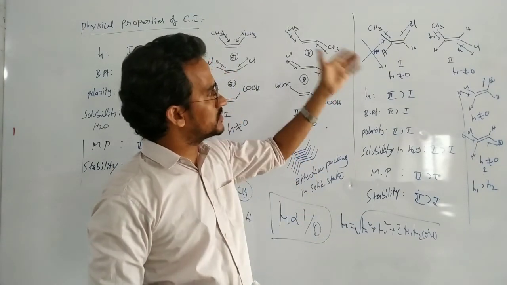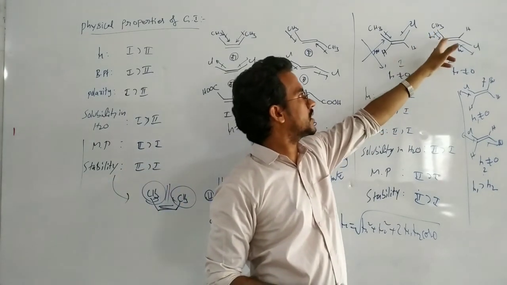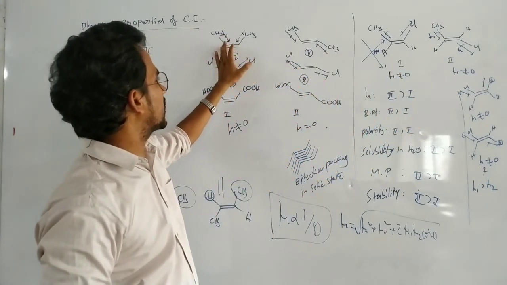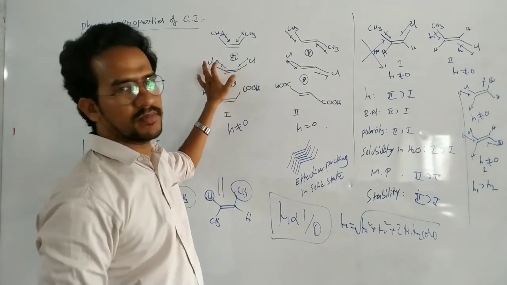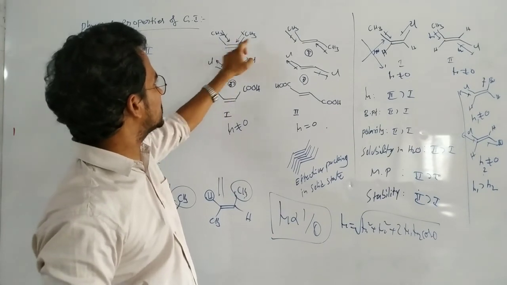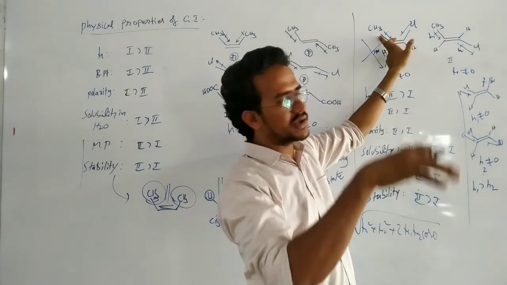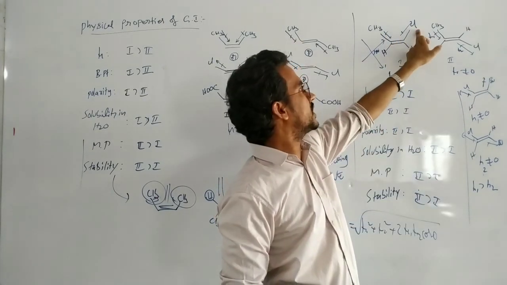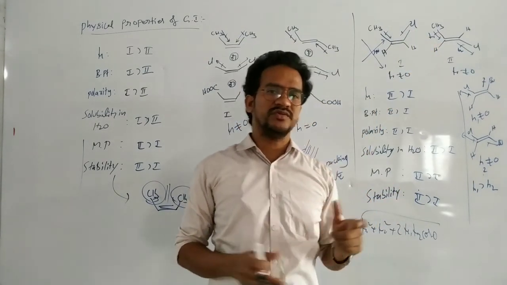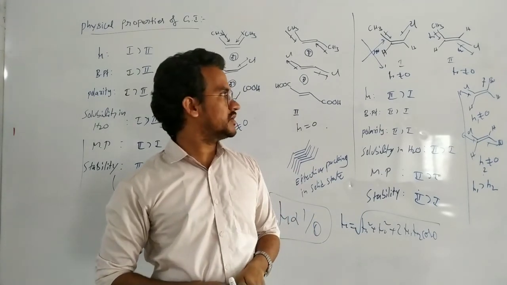That depends on the direction of the electrons towards the more electronegative atom. Here in this case it is towards carbon, here towards chlorine. But in this case it is towards the double bonded carbon, or towards the group. Here the nature of the groups is different. This one attracting, this one attracting; this one releasing, this one releasing. But in this case, this methyl is releasing, losing electrons towards the sp2 carbon, while this chlorine attracts electrons towards itself from the sp2 carbon. So based on the nature of the groups attached to the double bond, we can assume which one has a higher dipole.